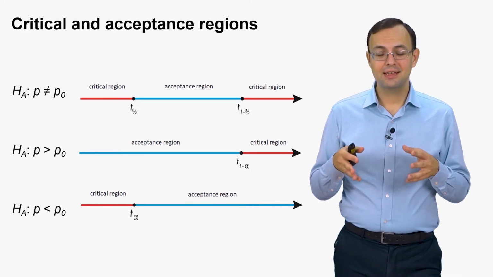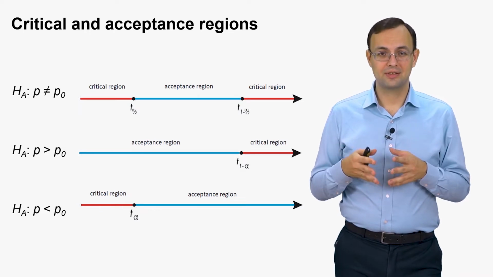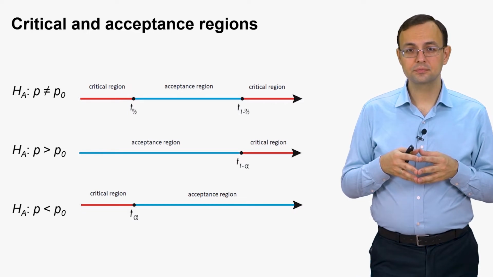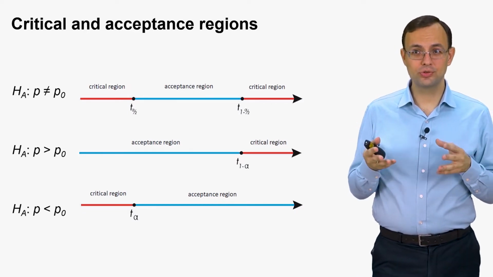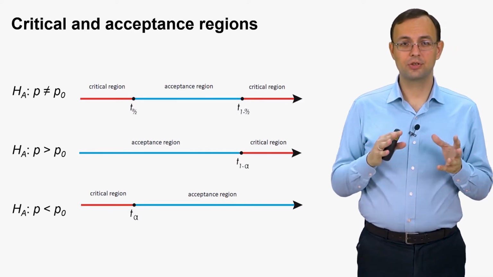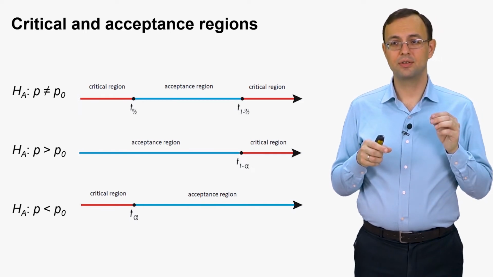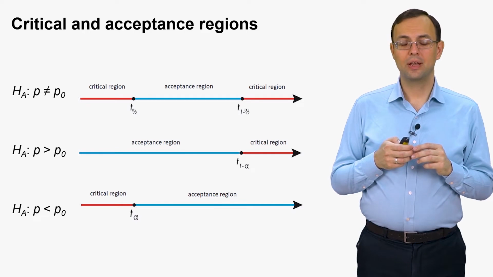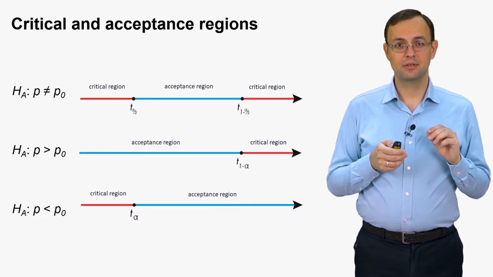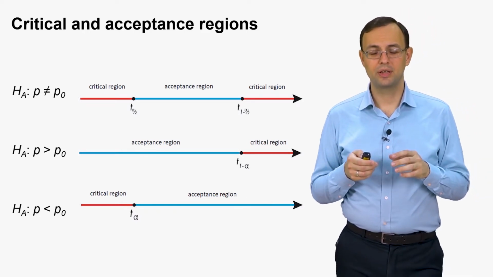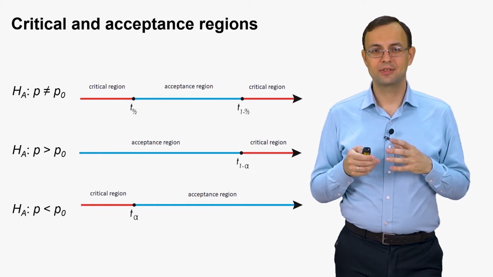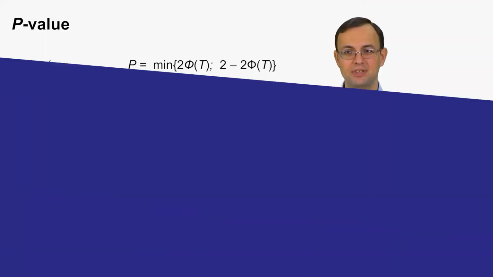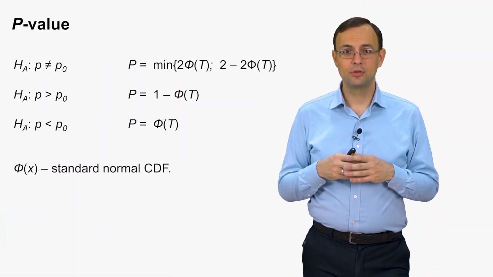So in this case, you will have a two-tailed test. That is how we choose a configuration of the critical region and the acceptance region. Okay, and the last step that we usually do when we are solving these hypothesis testing problems,